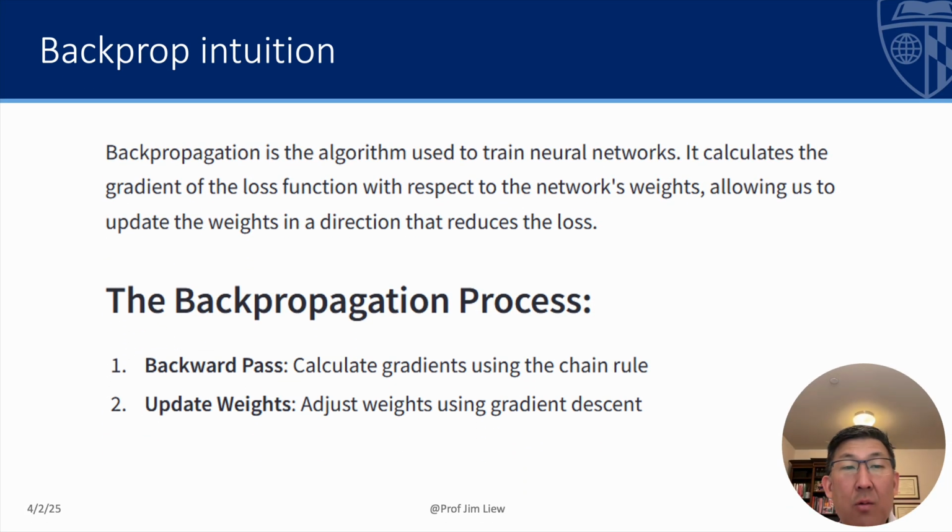Okay, so what's the intuition in backprop? It's an algorithm used to train the neural network. It calculates the gradient of the loss function with respect to the network's weights. So just imagine how many weights are in the network. And it allows us to update these weights in a direction that reduces the loss. So basically, the learning is occurring when you're updating these weights, and the weights are learning to capture whatever task